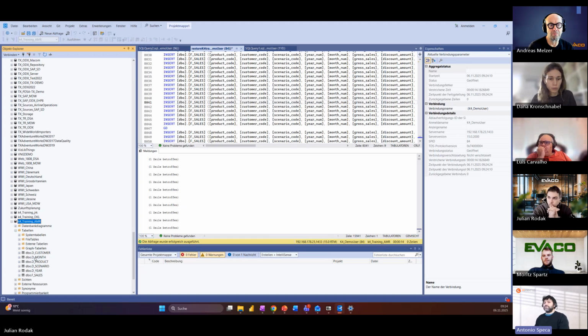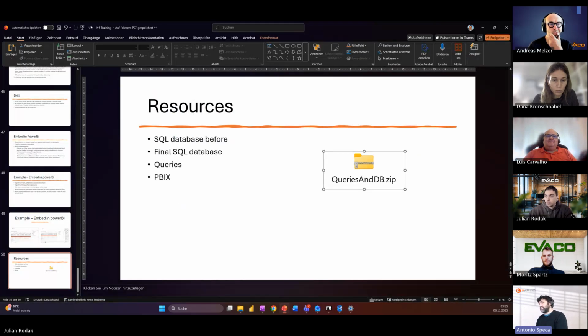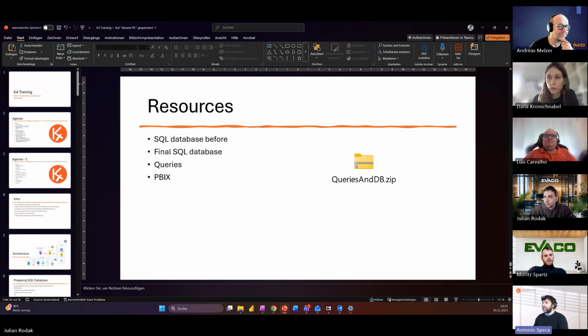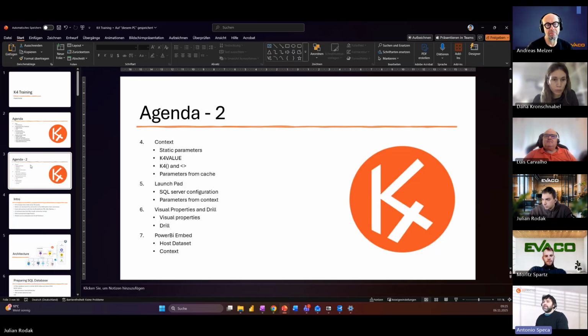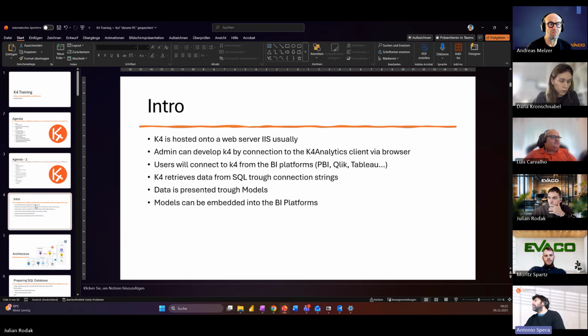So we will transform this basic database into something that is usable from Key4. And then we will start building our visual objects, so models of type spreadsheet and other types, master table, static and dynamic. After that, we will start to see how to filter data, how to run stored procedures, and then some visual properties. But before starting with the training, let me share my screen,